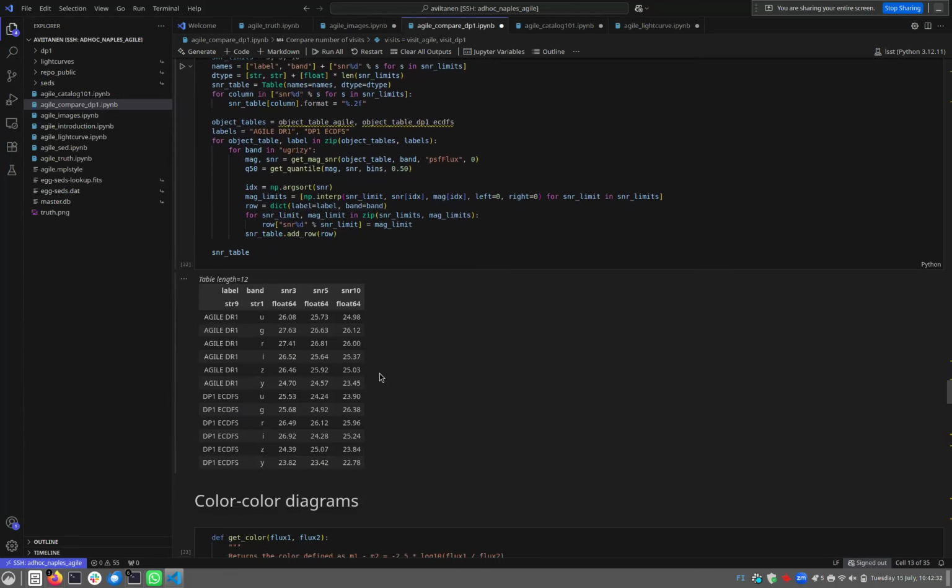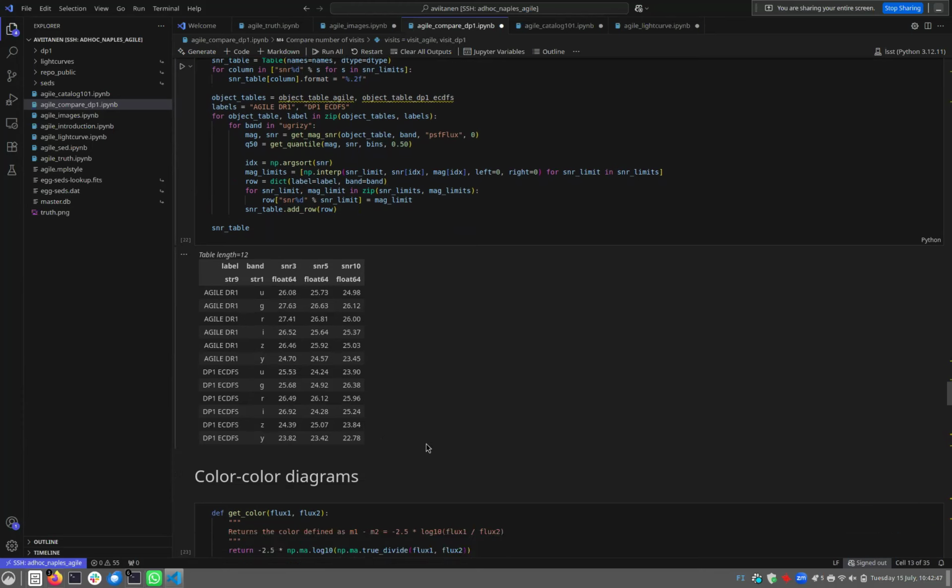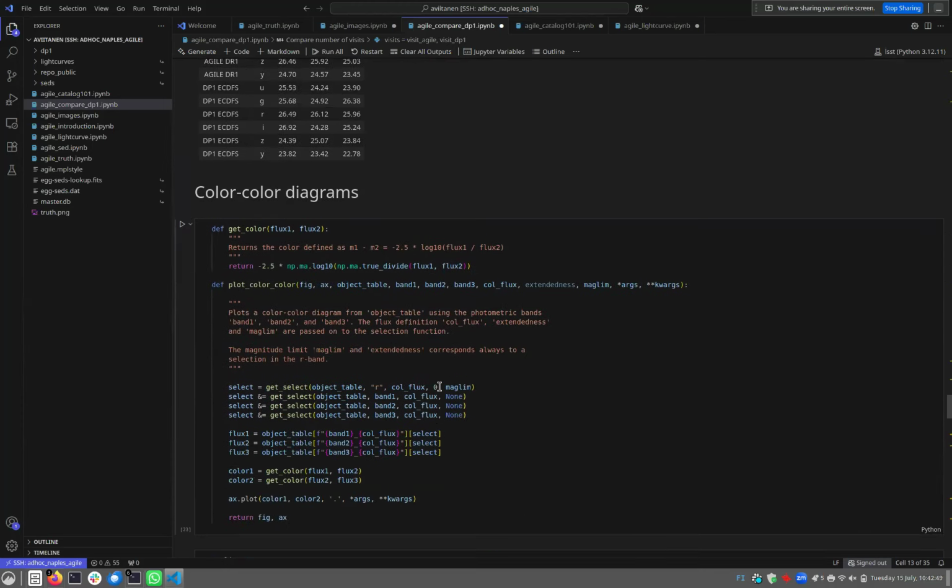We also put the numbers in, just interpolating the previous plot. So for the PSF flux, looking at signal to noise ratio 3, 5, and 10, the magnitude limit of the 6 different bands in AGILE and Data Preview 1 in the ECDFS. And the final part